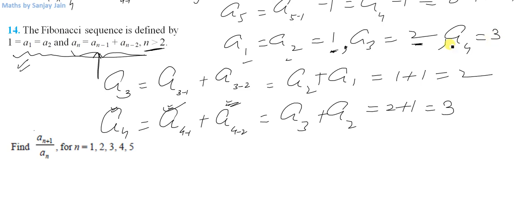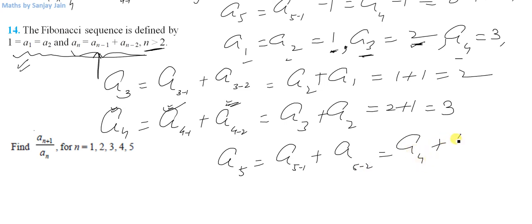A4 is equal to 3. Okay. What will be A5? It will be the sum of its two preceding terms, that is A3 and A4. So it is going to be equal to 2 plus 3 equals 5. Let me see if it is true. A5 will be equal to A(5-1) plus A(5-2) here. This is A4 and this is A3. So yes, A4 is 3 and A3 is 2. So 3 plus 2 equals 5. So A5 is equal to 5.